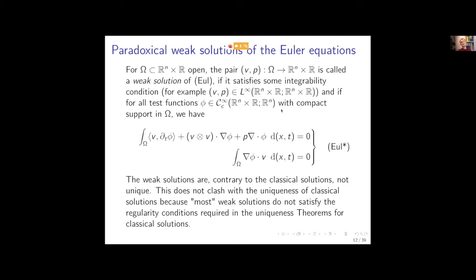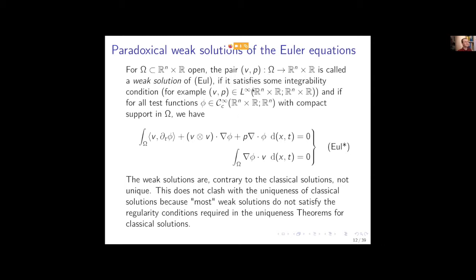They are just L infinity, so really a huge function space, right? We don't require them to be C1 or something like this. They're just L infinity. Just noting, you can look at other function spaces as well. This is just an example, L infinity, but it's a huge function space. And you can say they are a weak solution if they satisfy the Euler equations in the weak sense, meaning that if you take a test function that starts in space and time, and it has compact support in the,